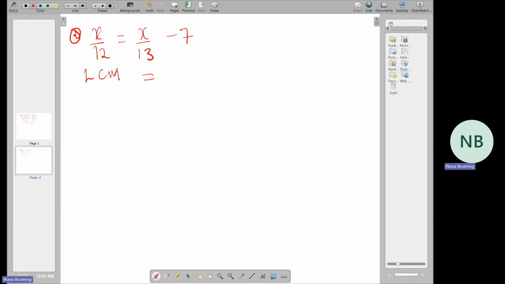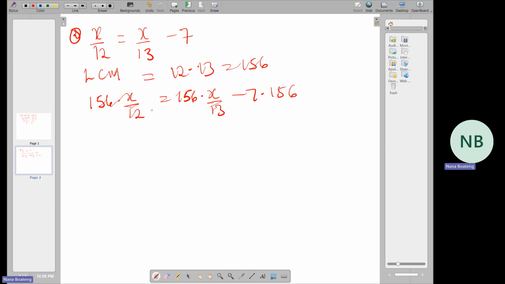In this case, the LCM is 12 times 13, which equals 156. So we would multiply every term by 156. So 156 times x divided by 12 is equal to 156 times x divided by 13, minus 7 times